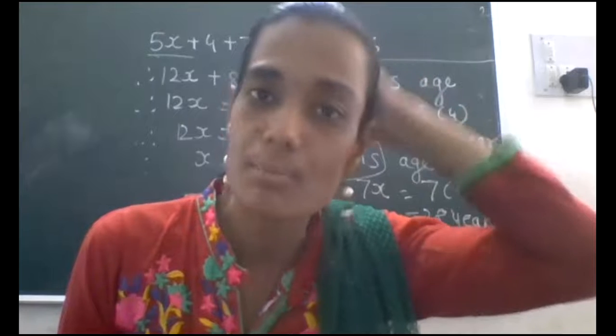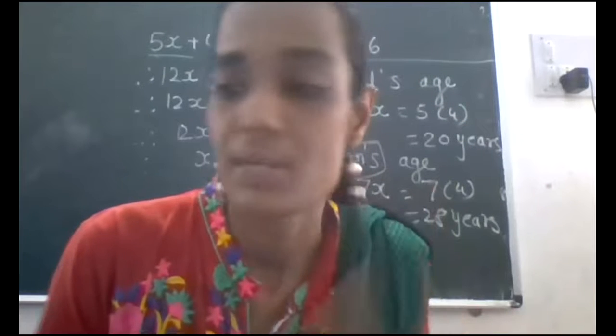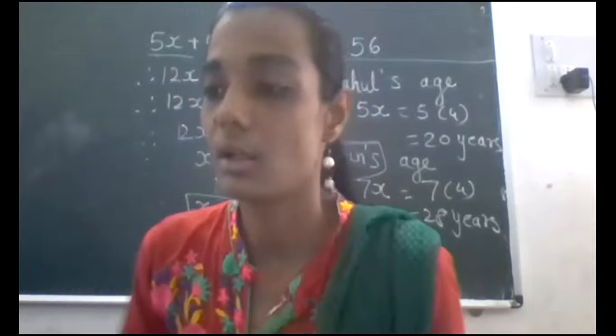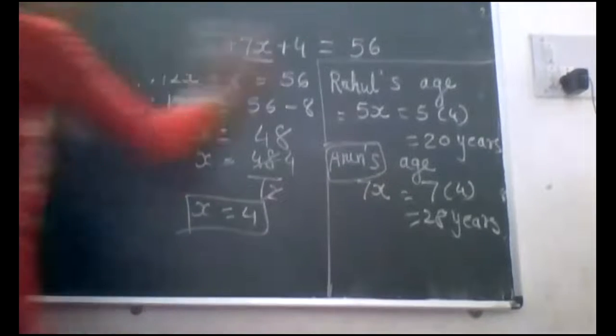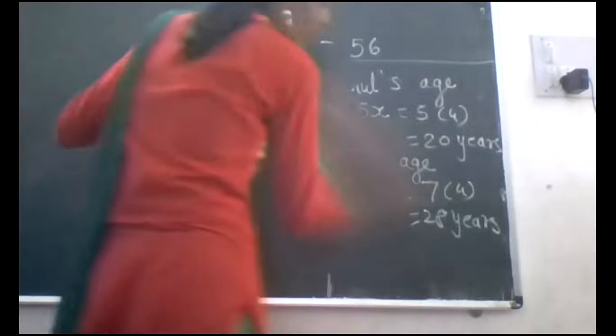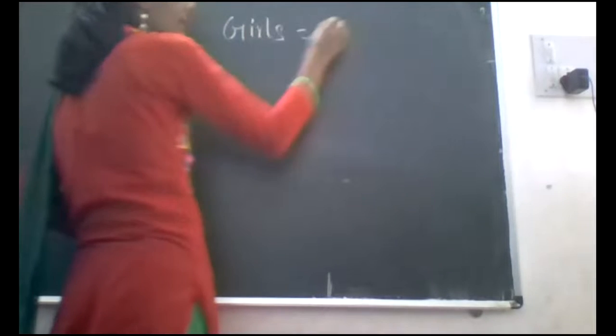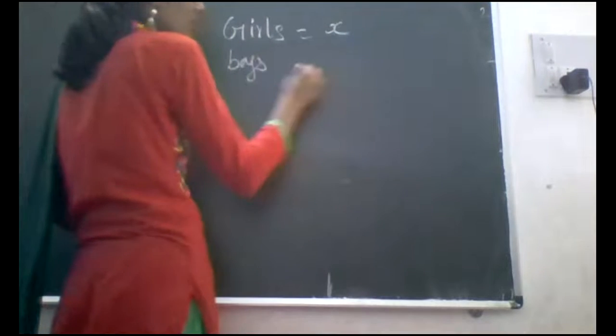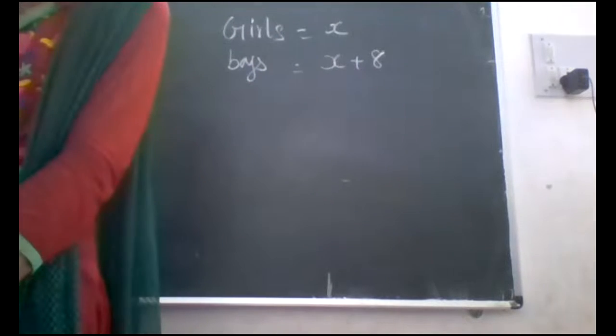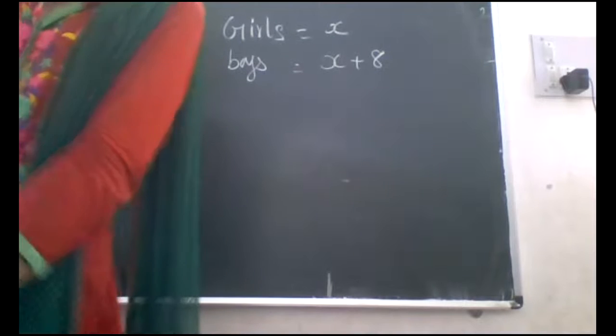Number of girls be X. Number of girls is equal to X and number of boys is equal to X plus